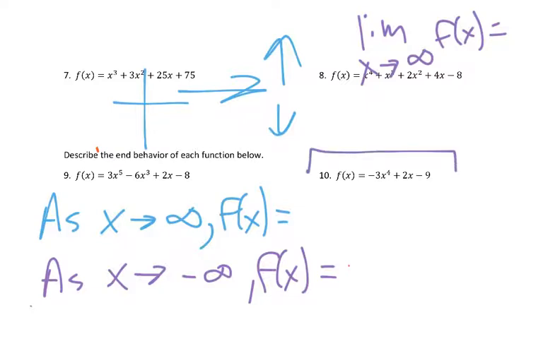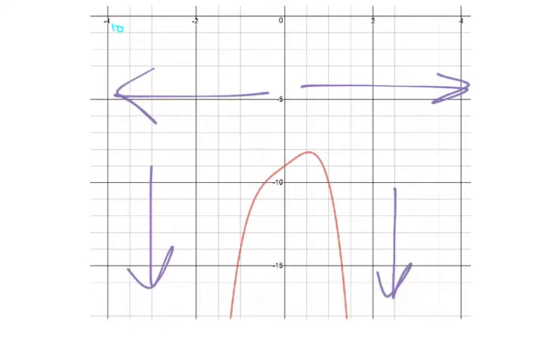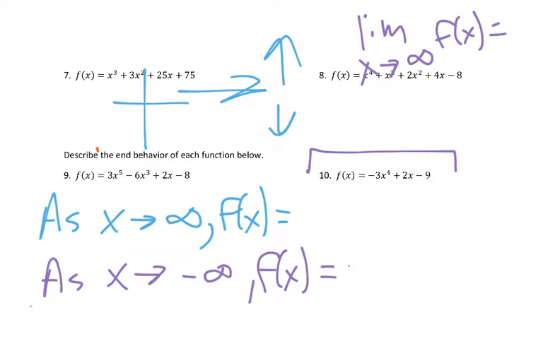So number 10, let's graph that one. We get this. As I go to the right, where are we going? Down. As I go to the left, where are we going? Down. Okay, so they're both down to negative infinity. And with even